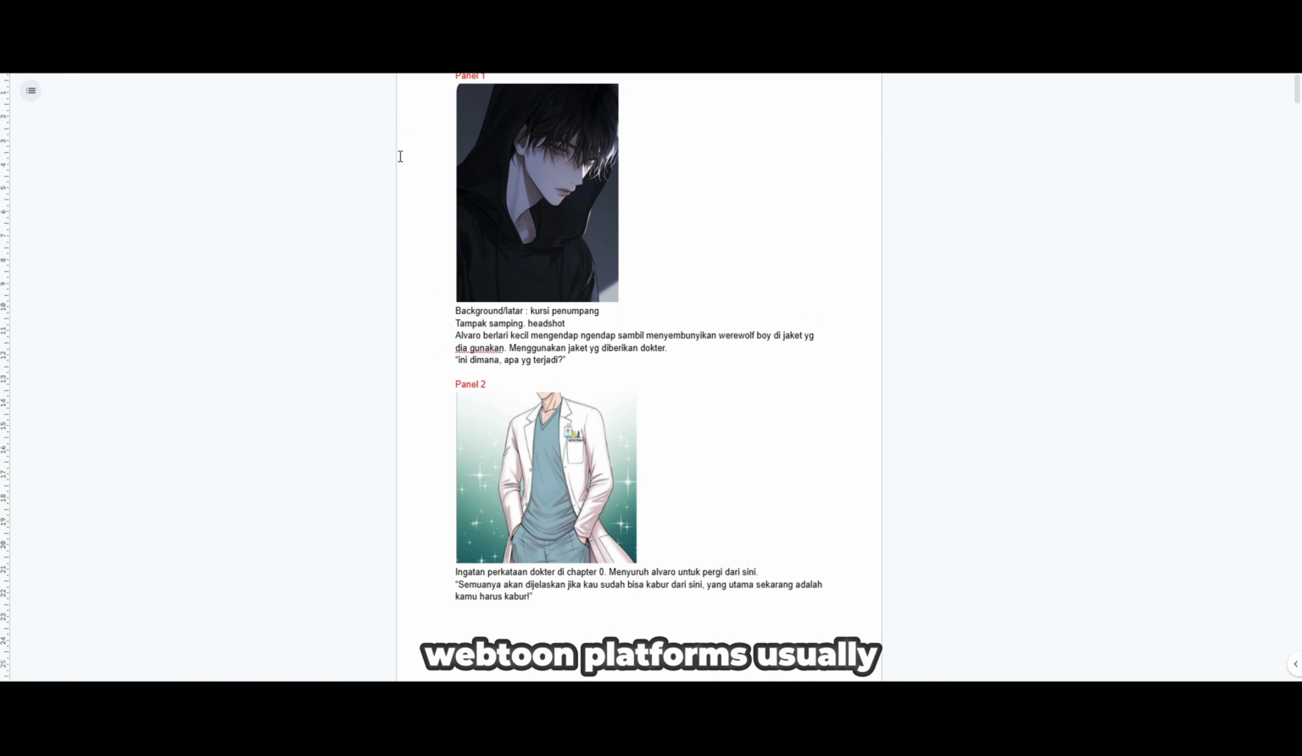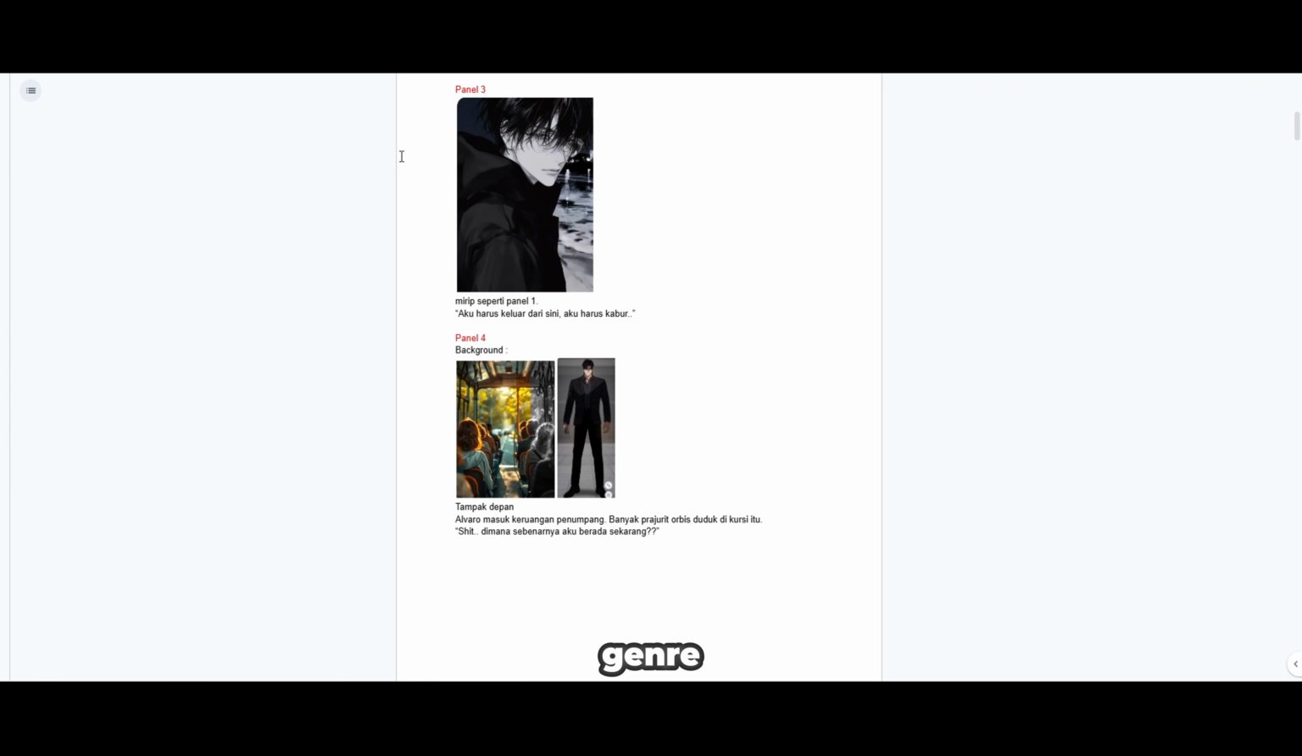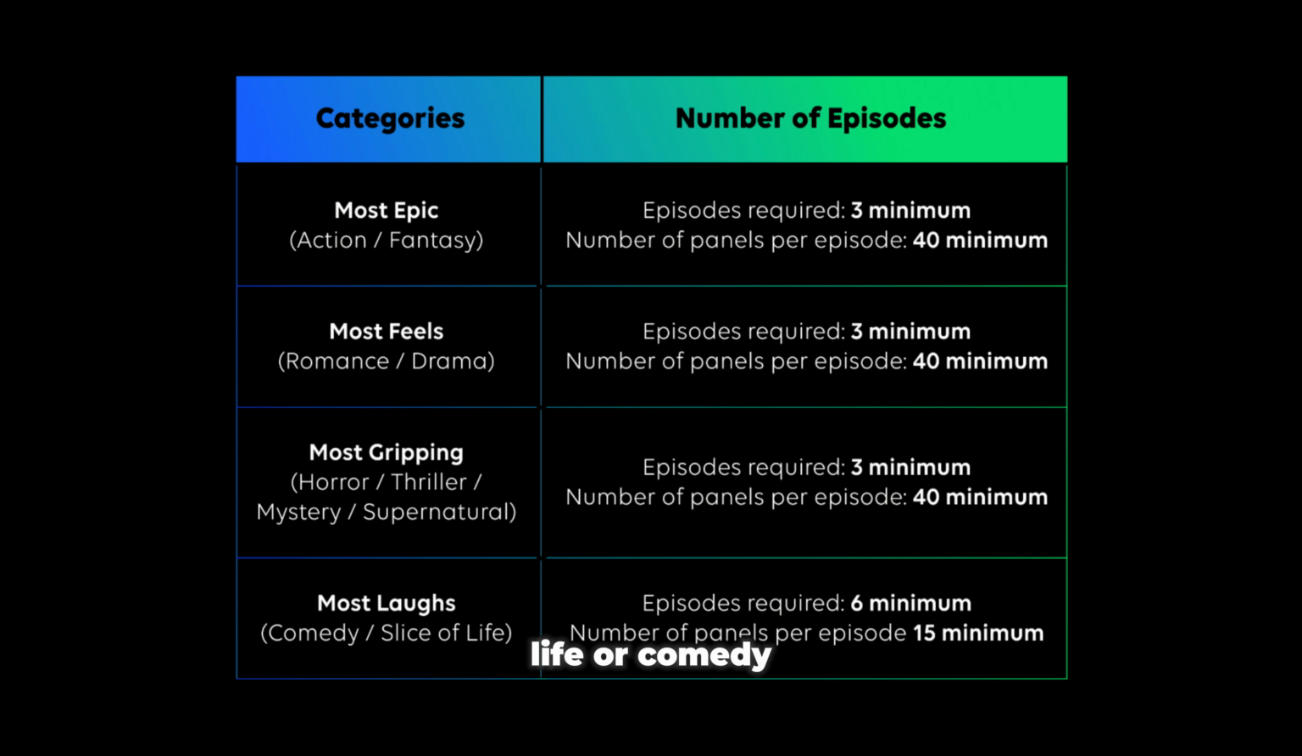Webtoon platforms usually have specific requirements for panel counts depending on the genre. For slice of life or comedy genres, there is a lower panel requirement, while other genres typically require at least